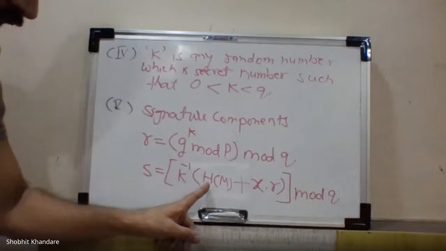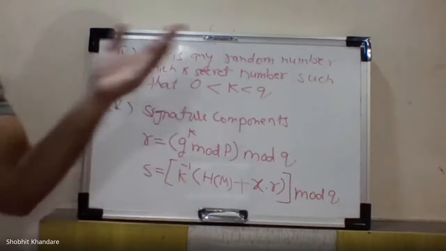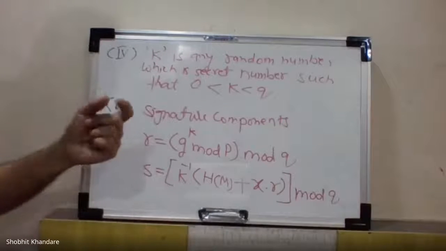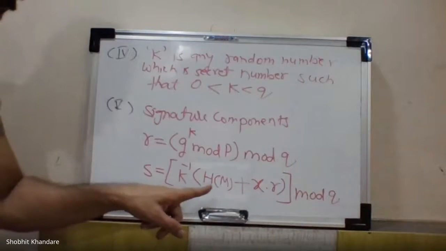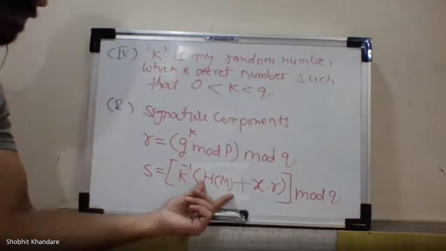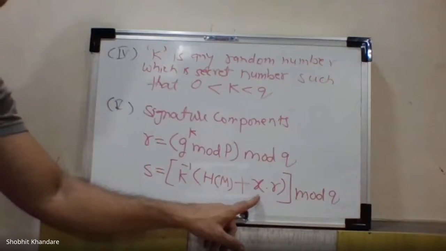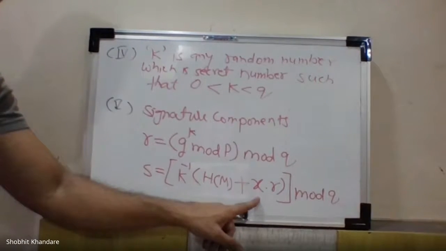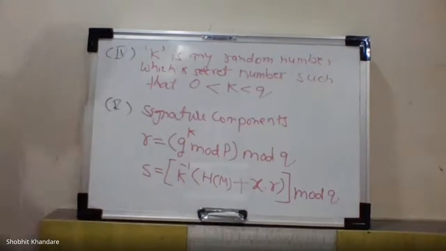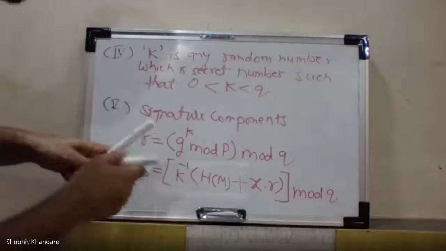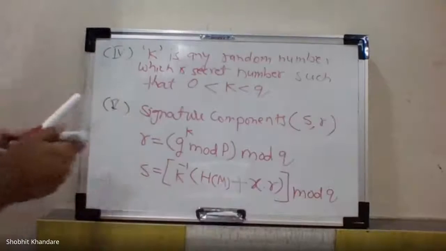And this is important, hash function over the message, because till now we have not used the hash function. We saw it in the block diagram, hash function over the message. So after you use any of the algorithms, SHA-512 or SHA-1, I get some number. That number is here. Okay, plus x. X, you know, is the private key of the user, and this is small r, which you have derived here. So can I say r and s are nothing but signature components? So write in brackets, signature components, small s and small r.